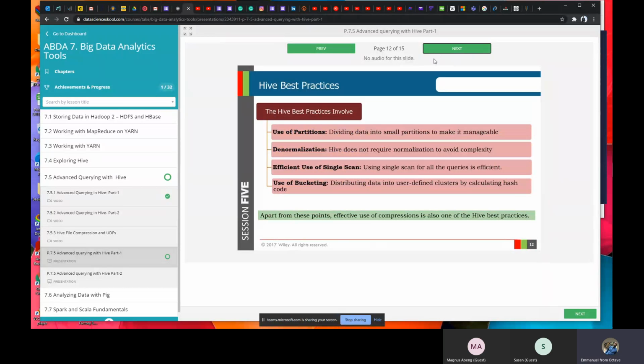Okay, we have here 5 best practices. So the best practices involve use of partitions, dividing data into small partitions to make it manageable. So what we are saying is that in Hive,